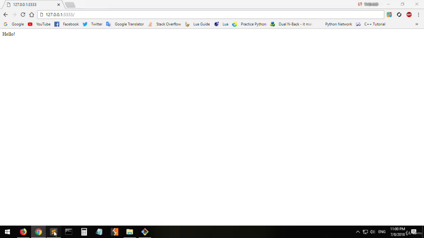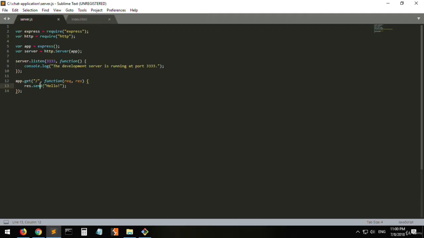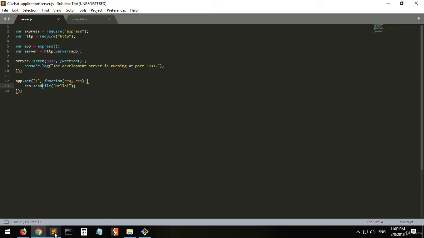Okay, so let's go ahead and say send file. In Express there's a built-in function called sendFile, which sends a file to the client from the server. But here we have to specify the directory name, by saying __dirname,